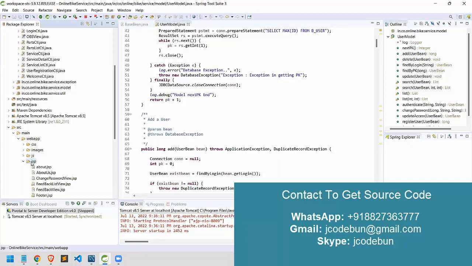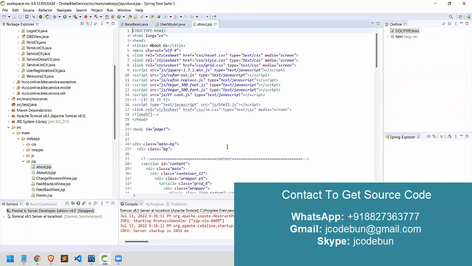So JSP has that capability: in JSP we can write the HTML code as well as Java code. So the response handling code will also be there. That's why we are using JSP in place of HTML. In JSP we are writing the same HTML code, but somewhere, as per the requirement, we are writing the request code for the